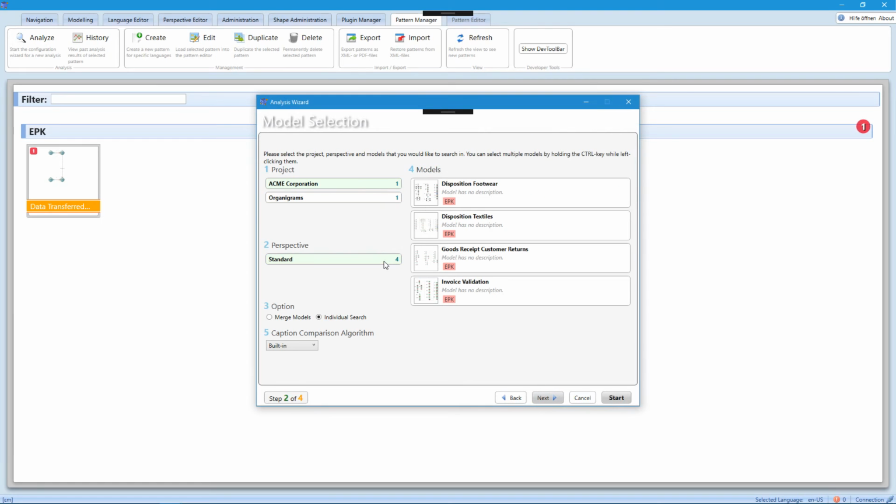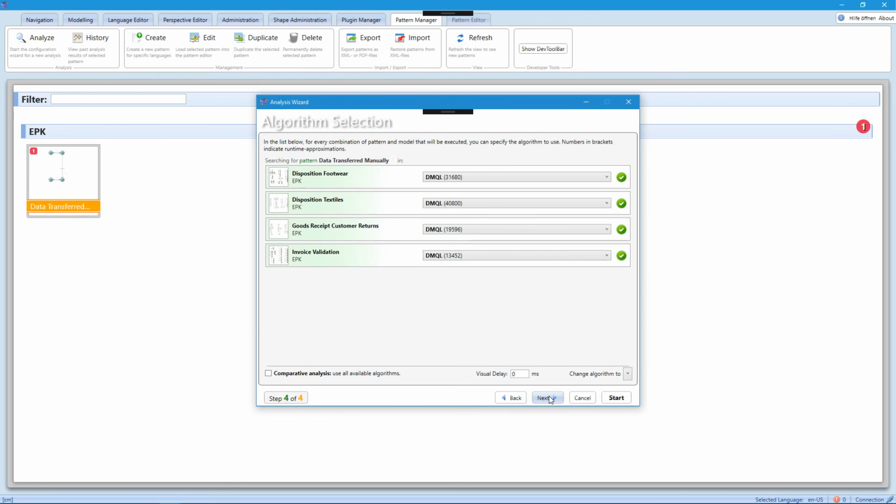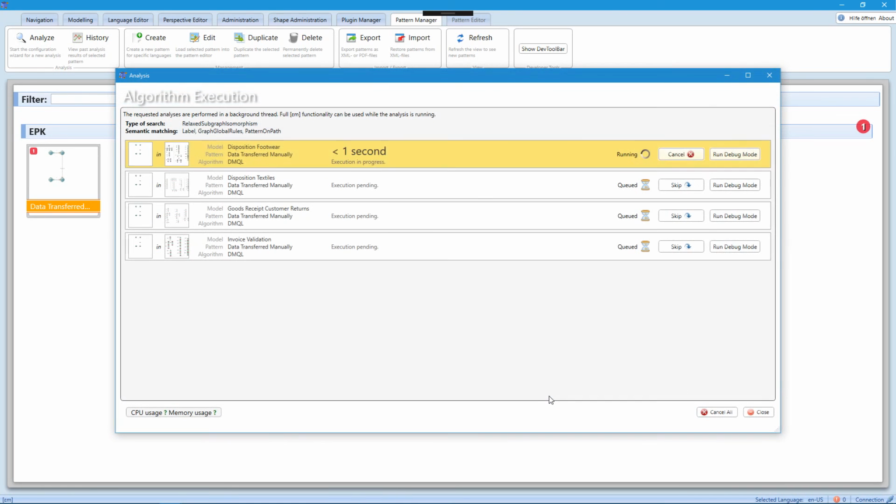Of course, the live visualization is only an optional feature. We can also search many models at once. As you can see, this only